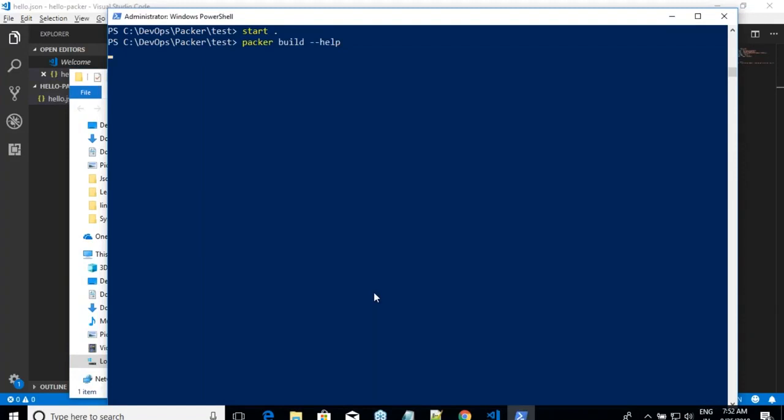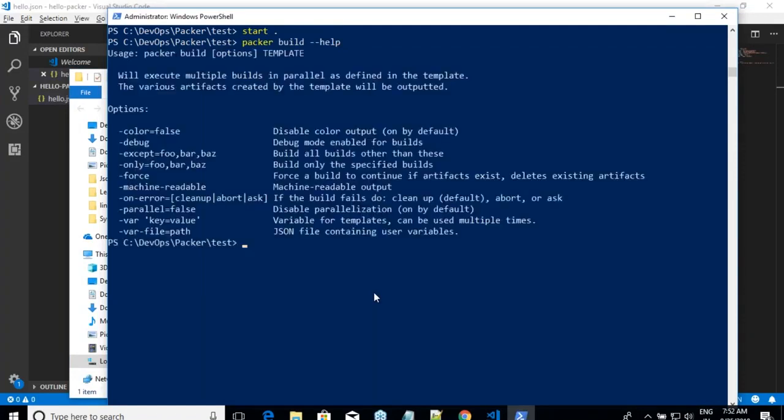Now there are basically many different things which you see over here. If the build has failed, by default, Packer tries to clean up. If you want, you can change it to abort or ask. Whenever a Packer build is failing, I don't want it to clean up. I want Packer to ask me whether I want to abort or clean up. You can do ask. Abort will just stop there, and the things will be staying along there. So it doesn't make sense to change it over here. All right. Okay.